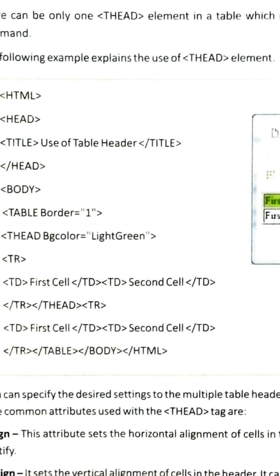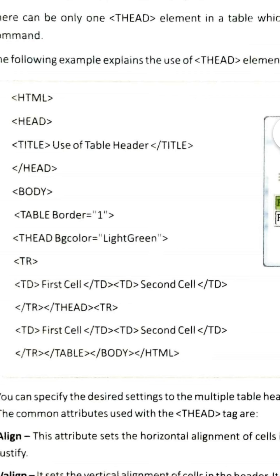And as I told you, if any row is defined as the head, it will remain still. And after that, the remaining rows you can define, whatever their number is, maybe 100, 200, or like this. And as we have defined the T head, the table head, we can define the T foot also, the table footer.